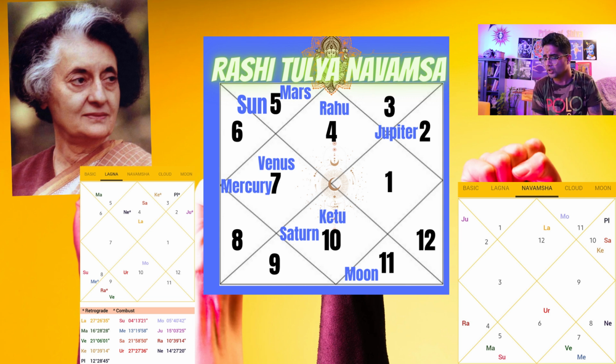After that, guys, you look at her second house. So Sun and Mars energy from the D9 chart is influencing her second house. Again, guys, the second house is the house of your speech, your values, your ethics, what you strongly believe in, and how far you can go to execute and implement that. So nothing could be better than having Sun and Mars in such a strengthened state in the second house.